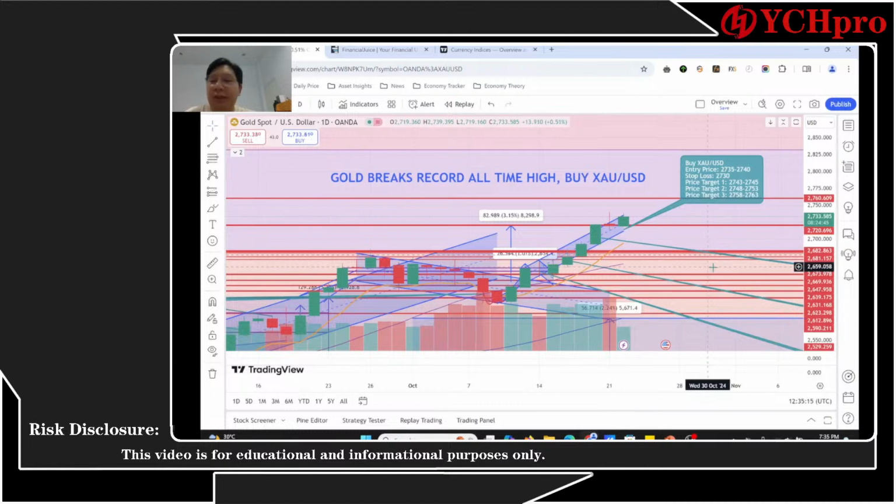Overall, my plan is very clear on the gold side. It's breaking all-time high levels, so you shouldn't be putting sell orders. That's my view. But if you are a short-term trader and you utilize that very short-term momentum, you are free to do so. But if you don't do that, I would suggest that you be much more careful doing those kinds of trades, okay?